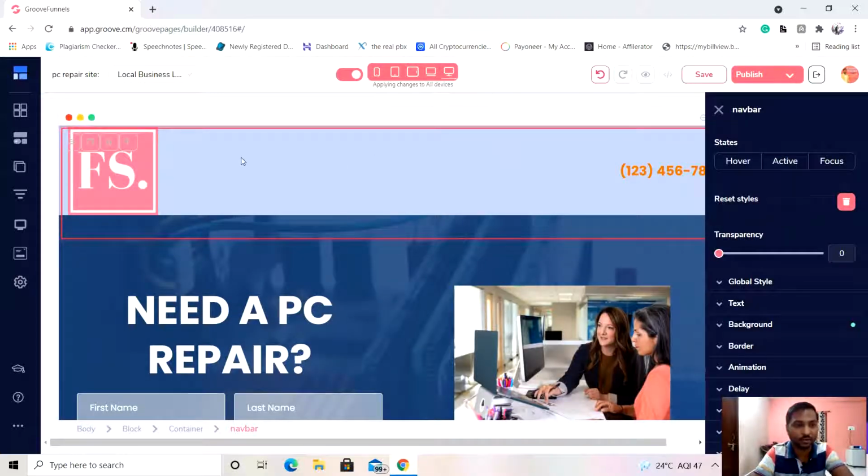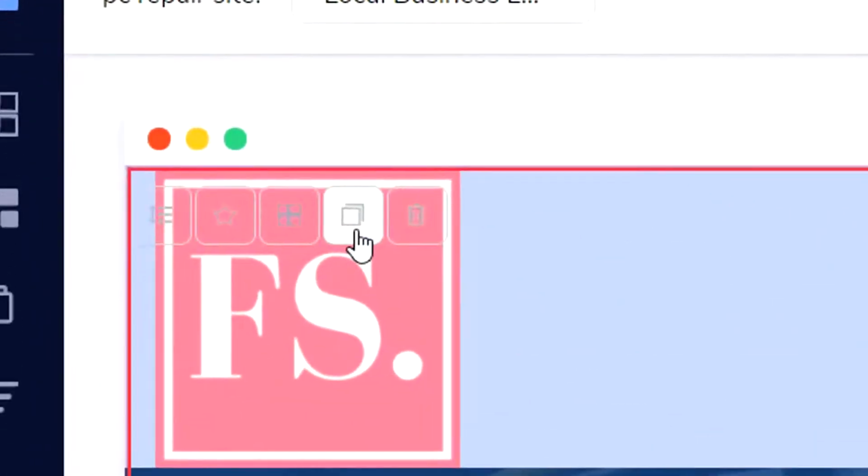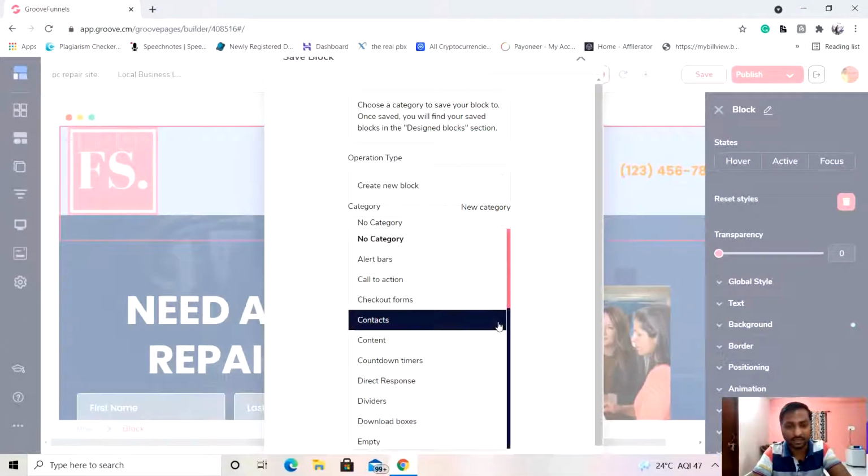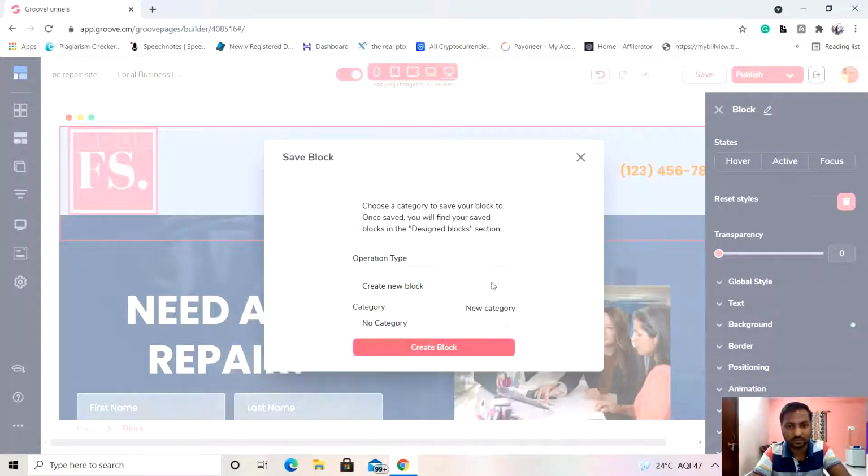So how can we do that? First of all, again you have to select this arrow, and when you do this, you'll see this star icon. Do you see this star button over there? You have to select that, and you have to create a new block. Okay, you can create a new block or a category, like I have already done that earlier.